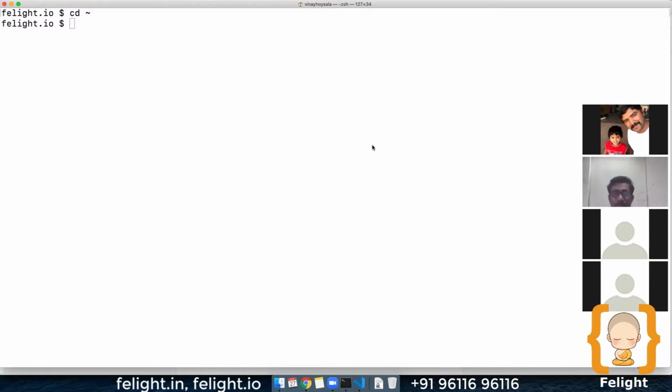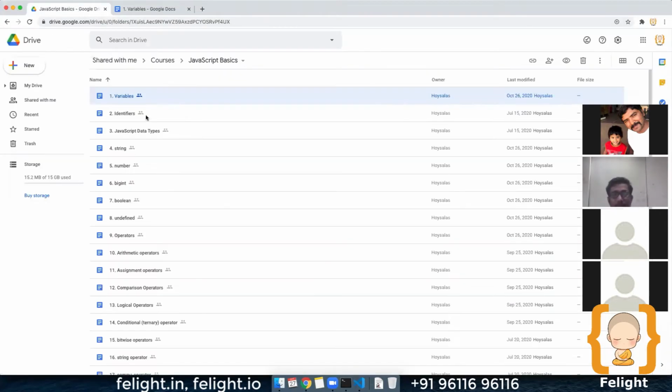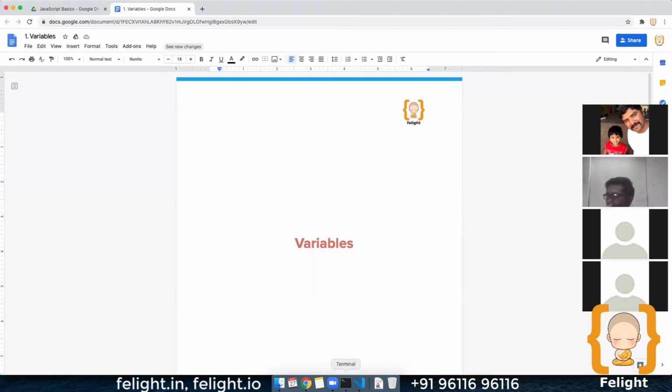So this is the first lesson of JavaScript. Previously, we have done installation and all. Those are the very elementary. All right. So theoretically speaking, this is where even the notes start from. As you see, the first chapter is these are notes basically. That's variables. So what is a variable?